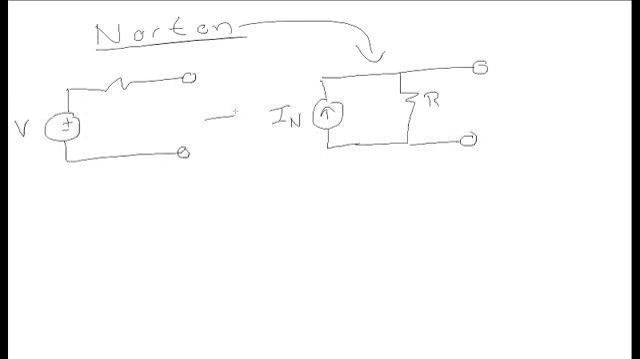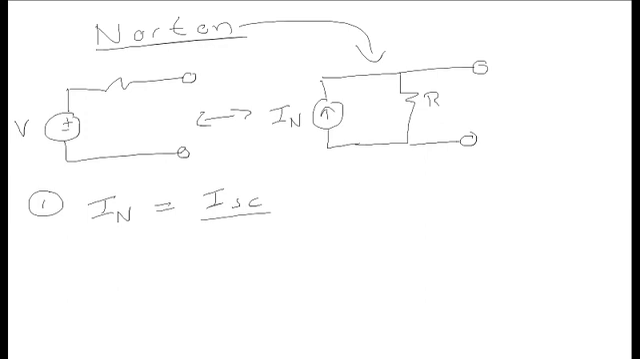They are in fact something called duals of each other. We can go from one to the other. Let's see how. First thing to know, I Norton equals I short circuit. If your Norton equivalent current is equal to the short circuit current that we already found out,